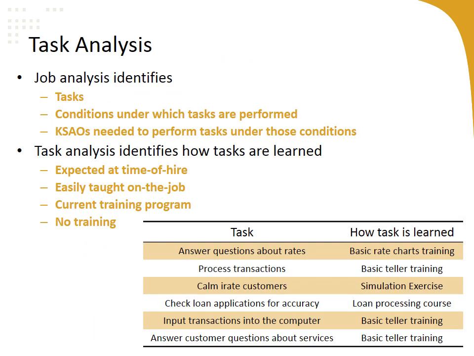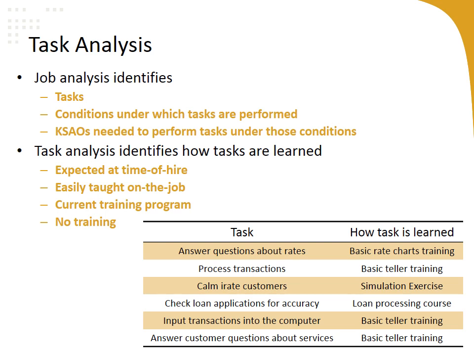So, a task analysis is really just a product of the job analysis. And remember, a job analysis is the process of collecting information from employees and supervisors and through surveys and observation to understand the requirements of a job and the knowledge, skills, and abilities needed to perform the job well. So, the task analysis is really all about identifying the tasks involved with the job, also identifying the conditions under which those tasks are performed. So, are you inside? Are you outside? Are you in danger? What's going on at the job site? And then again, figuring out those competencies, those knowledge, skills, abilities, and other characteristics that employees need to perform tasks under those conditions.